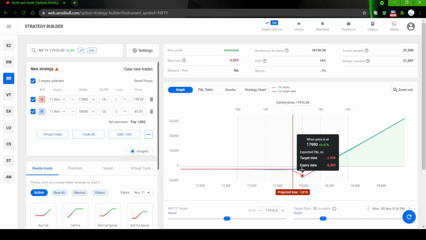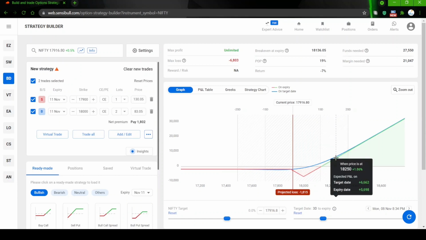You will not lose it immediately. If tomorrow the market opens at 18,000, the loss you are going to have is about 887 rupees, as shown in the payoff graph. You are not going to have a 6800 loss. So always in these strategies, the maximum loss happens at expiry only. Your maximum profit, whenever you want, you can take out the profit. Nobody is stopping you, right?